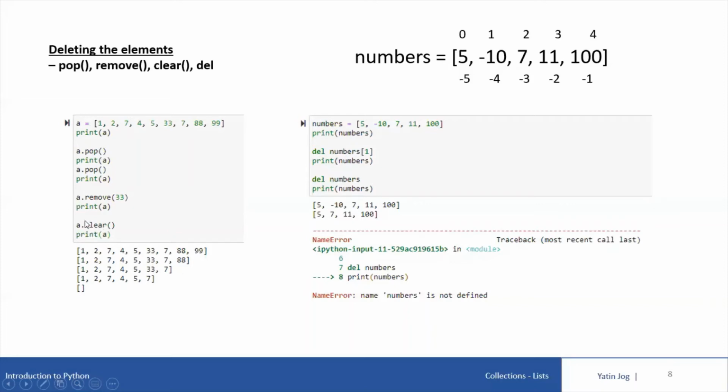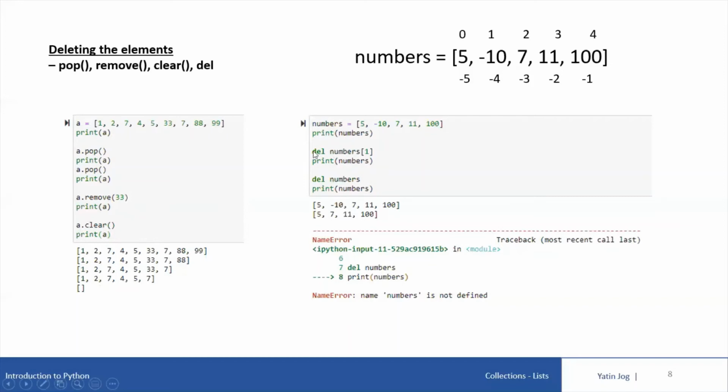There is another method, clear. Because it's a method, I say a.clear. This will clear the list contents of variable A. That means now my list variable A will become empty. It will not have any content. So clear will wipe out all the content from list variable A. So if you want to remove the topmost element, the last element, use the pop method. If you want to remove a specific element, then use the remove method. And if you want to remove all the elements, use the clear method. So these are the three list methods using which you can delete elements from a list variable.